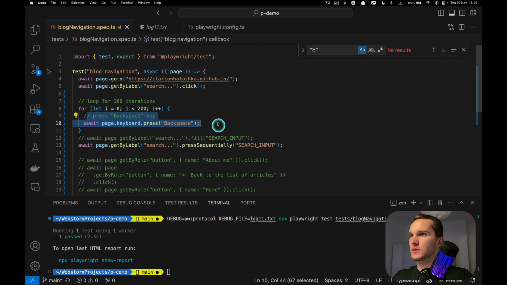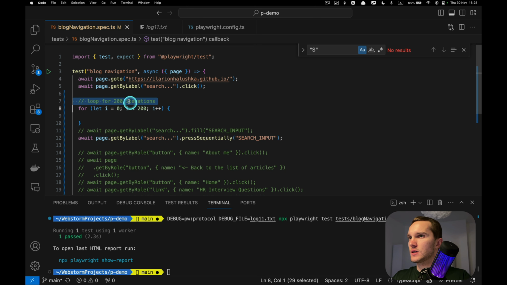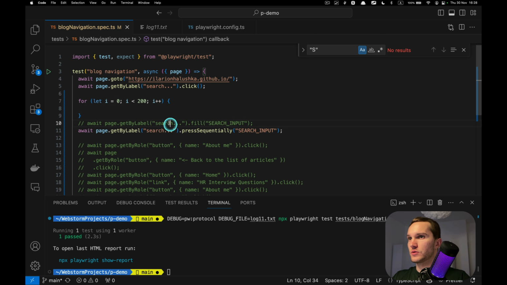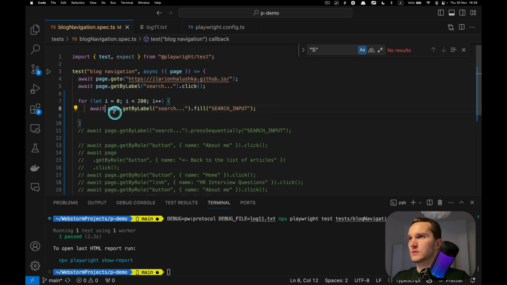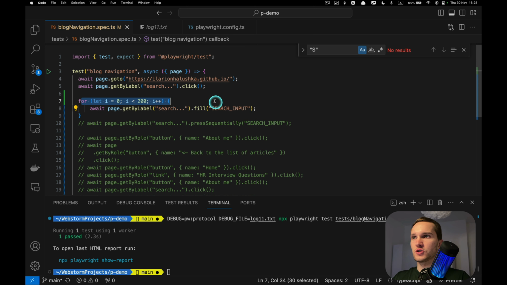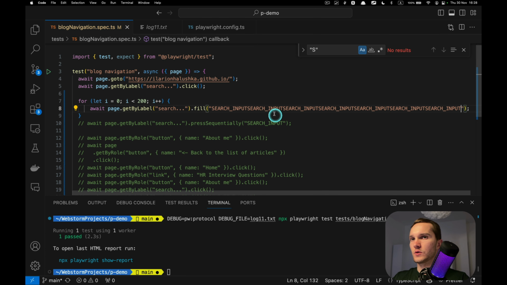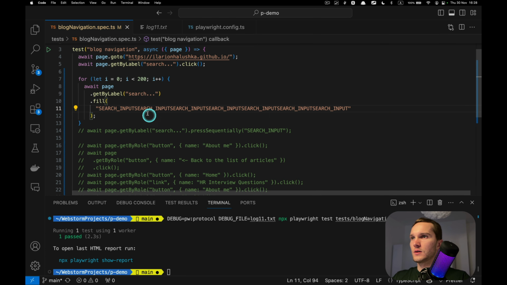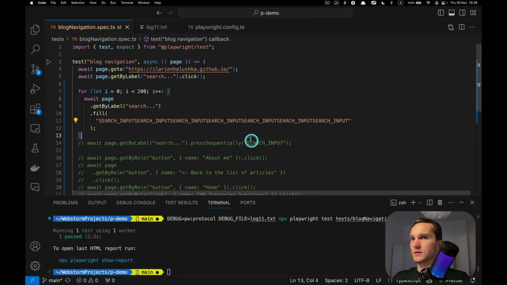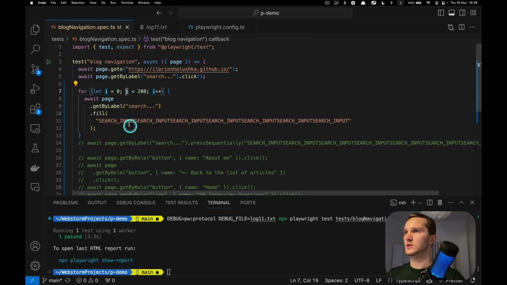Let's input this text 200 times with the fill method. This is just a basic JavaScript loop to run some commands, like here, 200 times. So we will fill this input, pasting this text, and here we'll do the same later. So we'll do this 200 times.